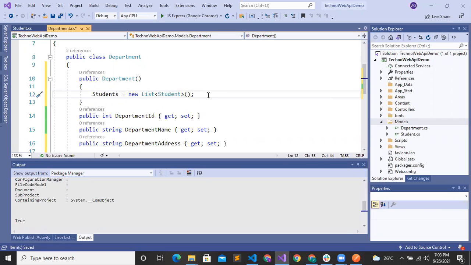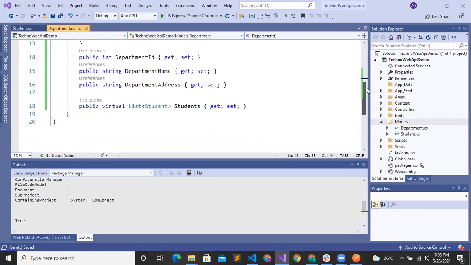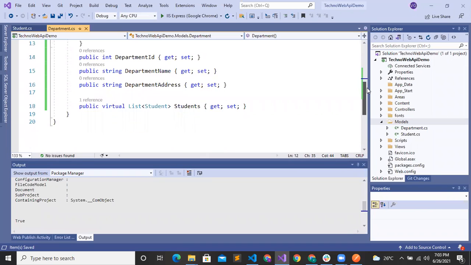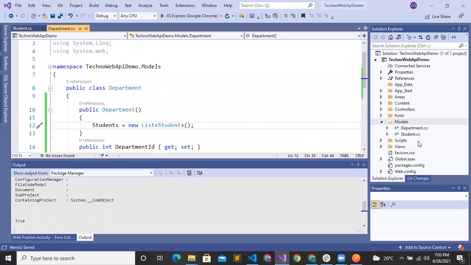And that's it. Now we are done with our models.